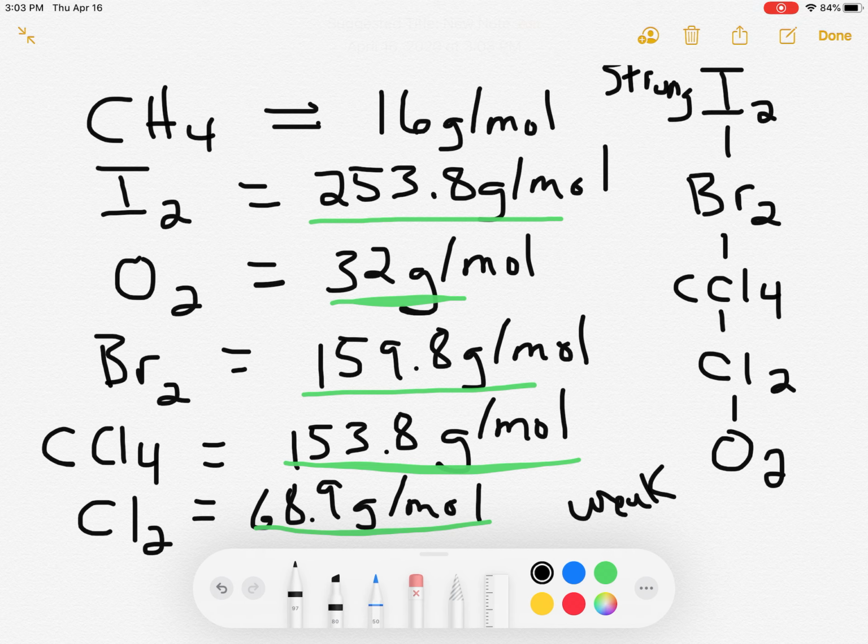And the very weakest out of all of these would be methane, the CH4, because it weighs the least. Okay, so all you have to do is look up their molar masses and put them in order based on that to figure out who has the strongest, who has the weakest London dispersion forces. And if I have a molecule with the same number of atoms, then I have to look at the